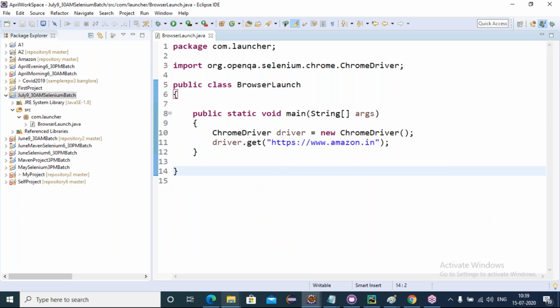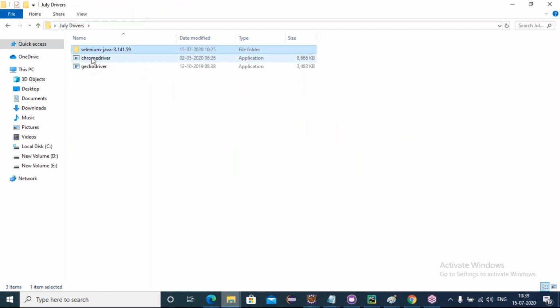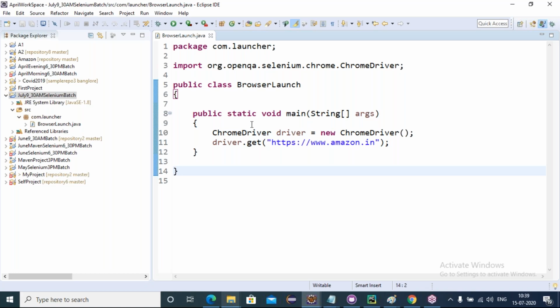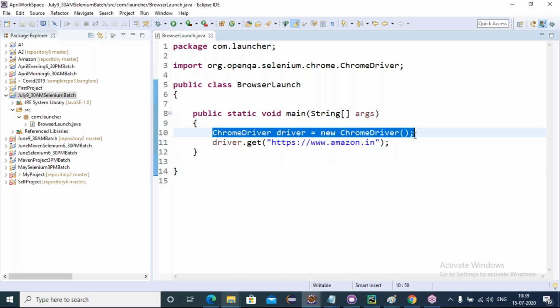I already downloaded the Chrome drivers. The version of the Chrome driver I downloaded is 83, right? Because my Chrome version is 83, I have taken the supported 83 drivers. But when I was executing, it was taking the Chrome driver 80 version. Where is it coming from? I didn't configure it, right? Friends, once you are launching any browser, you must make sure you set the browser drivers. Okay, Ravi, you didn't set any drivers, right? Where is 80 coming from?